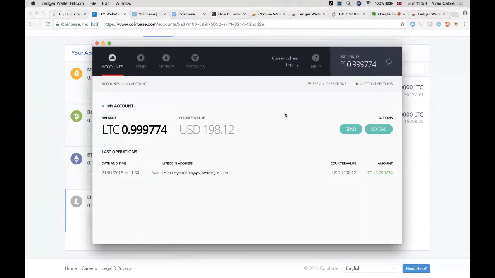You could even send money while the ledger is closed. So you don't have to plug the ledger in to send money. That doesn't matter because it has been recorded on the blockchain. Yes. So the important part is just for you to enter the correct address and then just wait until it's